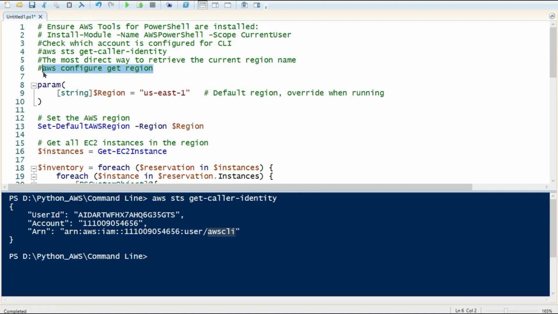This is another AWS command. It reads the default region from your AWS CLI configuration and tells you which region your CLI command will target if you don't explicitly specify one. In short, these lines are environmental sanity checks, making sure your PowerShell has the AWS tool installed and your CLI is pointing to the right account. Coming to the command, this